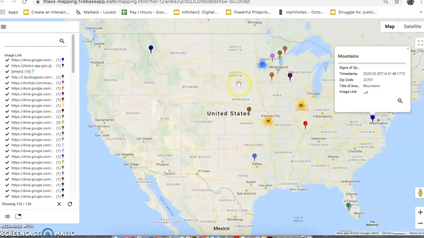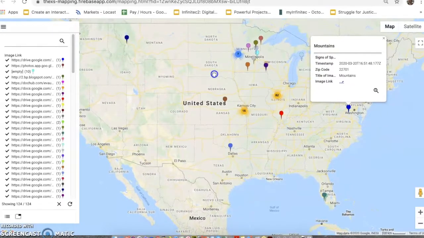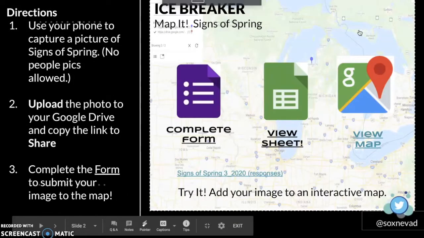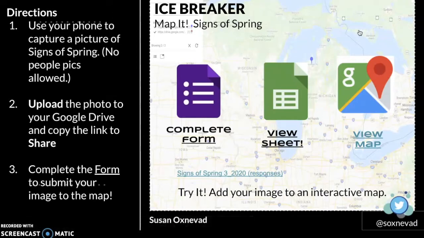Okay, so here we are back on our map. Now the next thing I need to do is show you exactly how to create this. So let me return, and I'm going to show you the Google form that we're going to use to collect this data. Okay, so here are the directions that I gave to the participants in my webinar, and we discussed